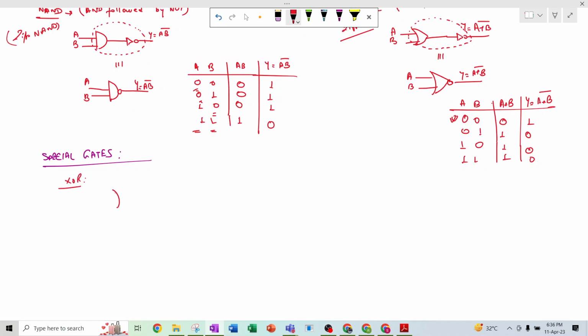The symbol of the XOR gate is like this: inputs A, B, and output Y. This Y can be written as A bar B plus A B bar, which is A complement B OR A B complement. Okay, so if we write the truth table,